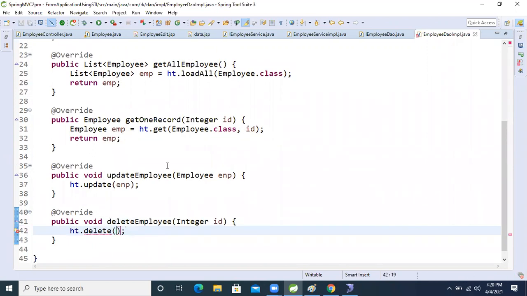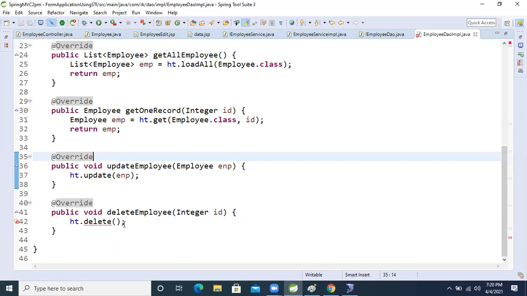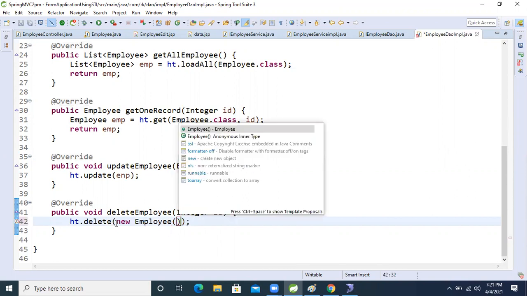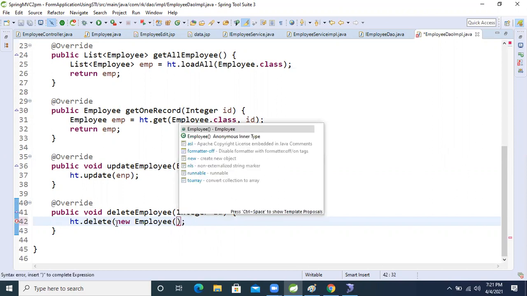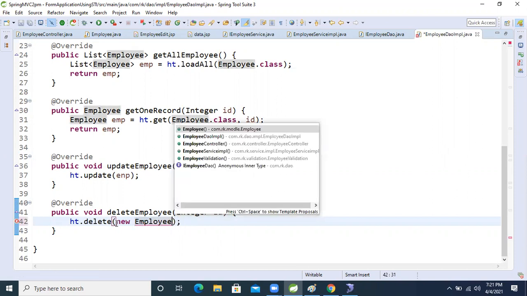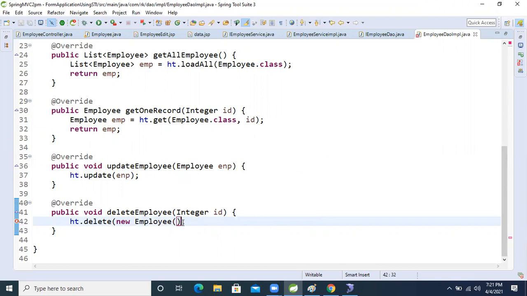The model data has already been taken, right? Employee is already there, right? Why is it not coming? New employee. I want to create an anonymous one. I already took one parameterized constructor, yeah.